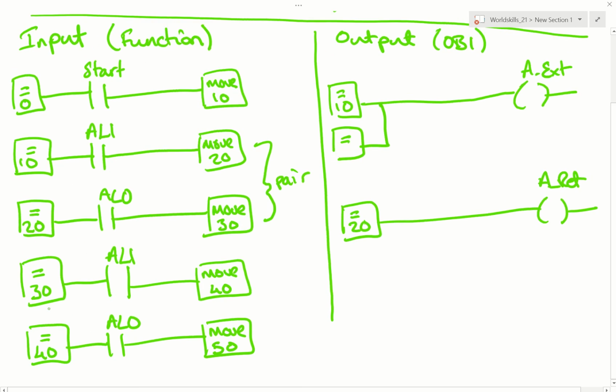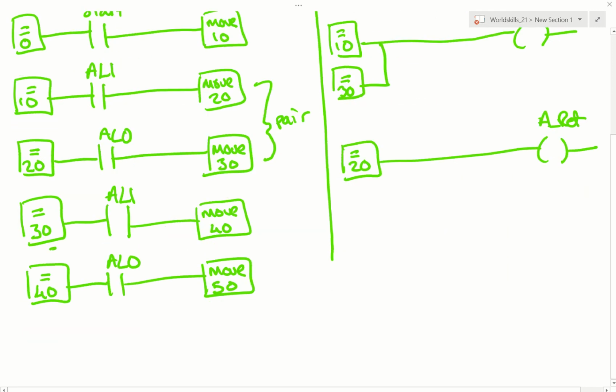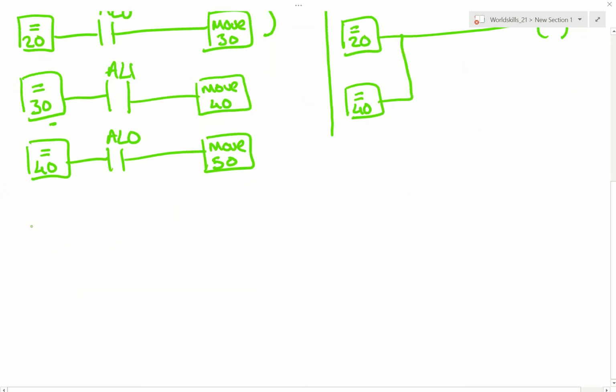Bring it forward, 30, then 40, wait for it to go forward, then go to 40, 40 will bring it back. Then that's another pairing, so that's our second count, and then equal to 50, bring it forward again, AL1,